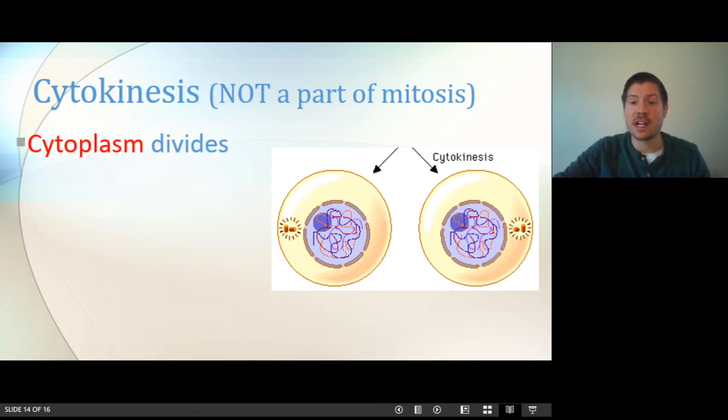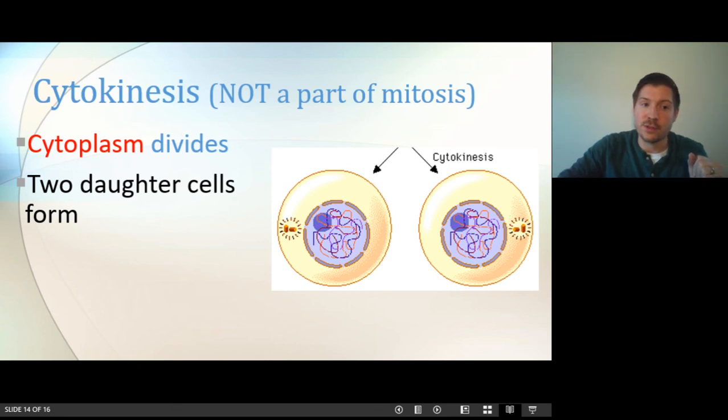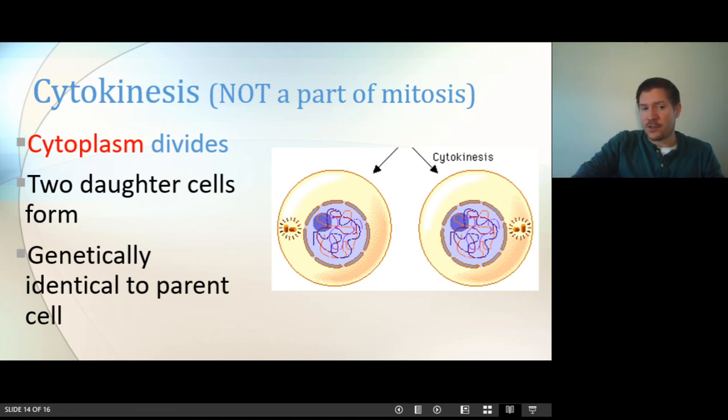In cytokinesis, the cytoplasm divides, meaning everything besides the nucleus. All those organelles, the mitochondria, Golgi, lysosomes, etc., they need to go into each of these new cells. 2 daughter cells will form. At the end, you've got 2 daughter cells. These structures here, I meant to mention, are called centrioles, and they were where the spindle fibers connected that pulled apart the chromosomes. And after division, these cells are genetically identical to each other and to the parent. Now we have gone from 1 cell to 2.